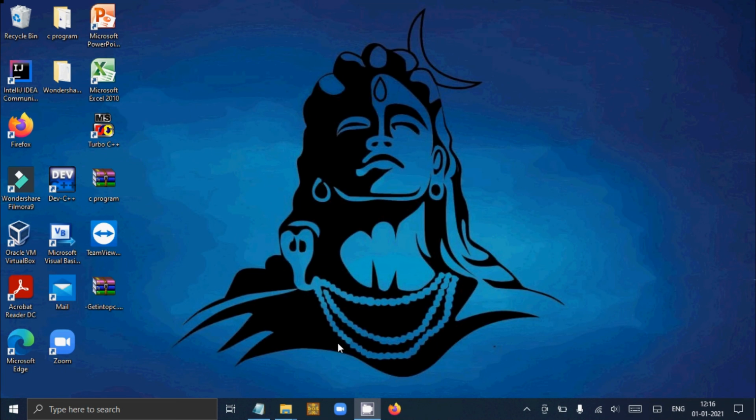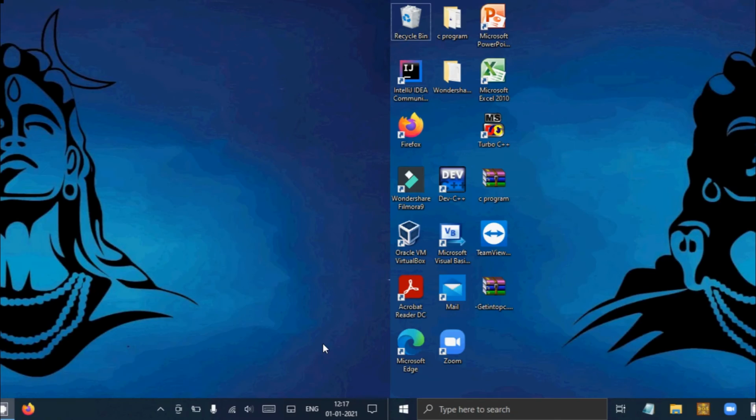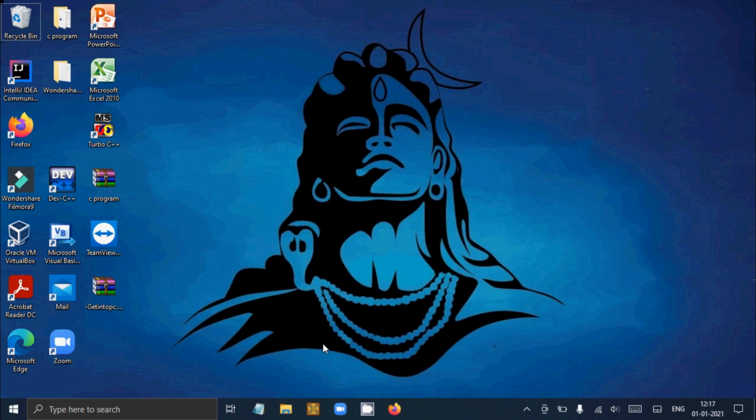If you want to create a virtual desktop, then press Control plus Windows plus D. You can create a new Windows desktop. If you want to switch back, then press Windows plus Control plus right arrow. You can go back to this desktop.